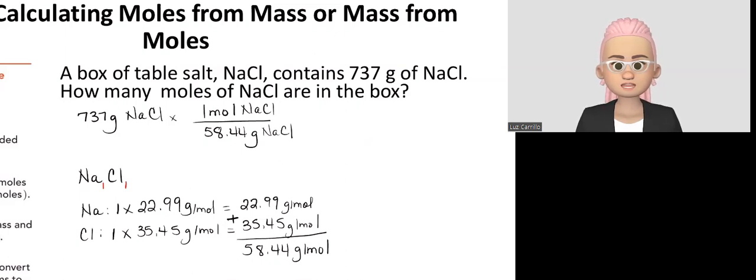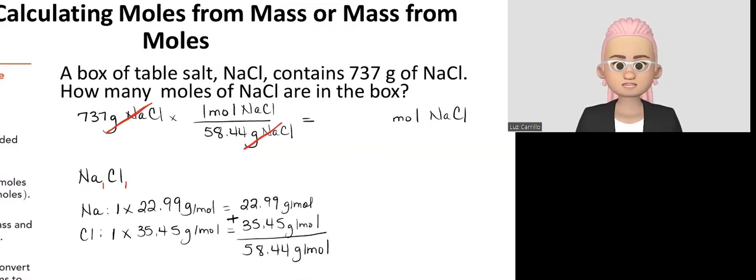So once I have that, the units of grams of sodium chloride cancel with each other. My resulting unit is going to be moles of sodium chloride. And when I take 737 and divide it by 58.44, I see that my calculator display is